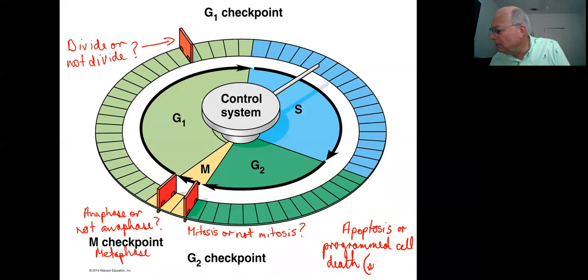Or you could say suicide. The cells are actually programmed to die off. And there is a genetic control over this. And the genetic control is one of the things that we'll talk about, because it's something that we've learnt more about